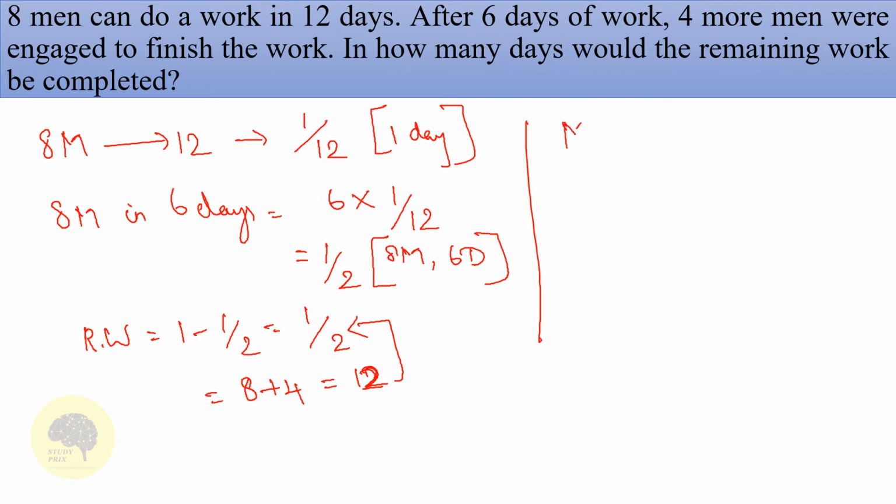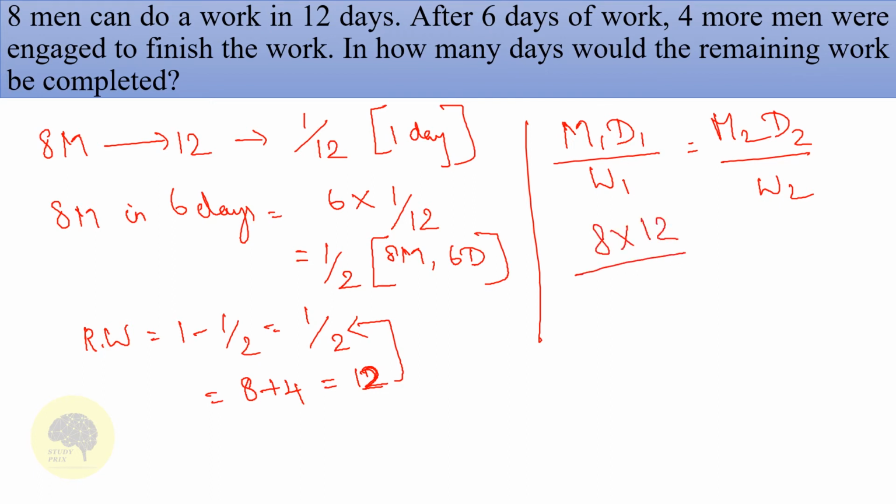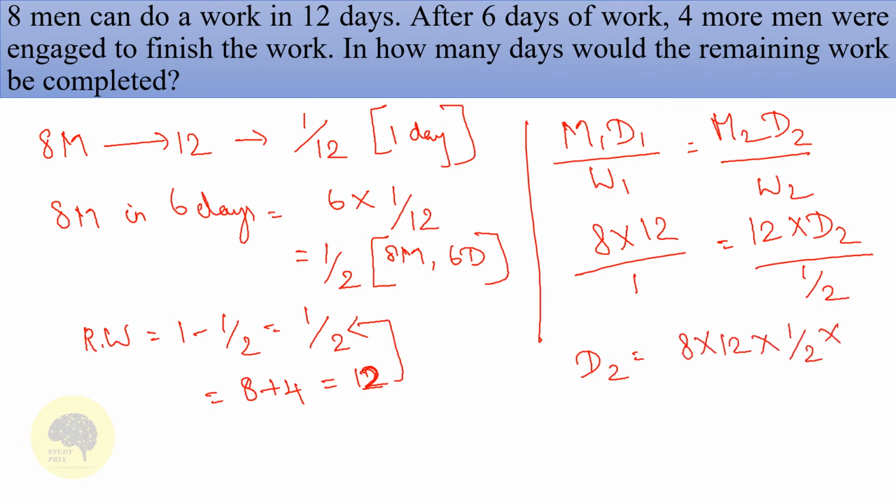We all know the chain rule formula, that is M1 D1 by W1 is equal to M2 D2 by W2. M1 is nothing but 8, D1 is 12, W1 is not given here, therefore you have to take it as 1. M2 is 12 and we have to find D2. W2 is the remaining work which is nothing but 1 by 2. Therefore D2 is equal to 8 multiplied by 12 multiplied by 1 by 2 multiplied by 1 by 12